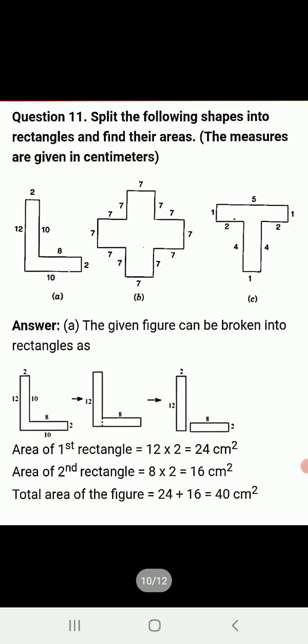Question 11, similar to question number 10. Split the following shapes into rectangles and find their areas. For A question, you have an L shape, isn't it? So you can split it into 2 different rectangles, one with length 12 and breadth 2, the second one with length 8 and breadth 2. So 12 twos are 24 as the area of the first rectangle, 8 twos are 16 as the area of the second rectangle. On adding them, you get 40 centimeters square, which is the area of the whole figure given in